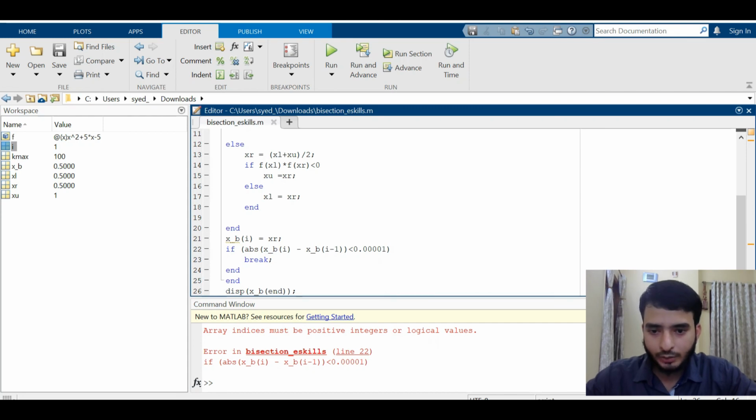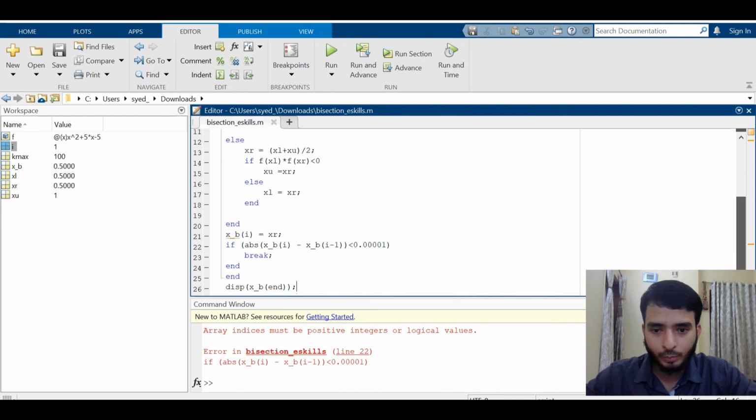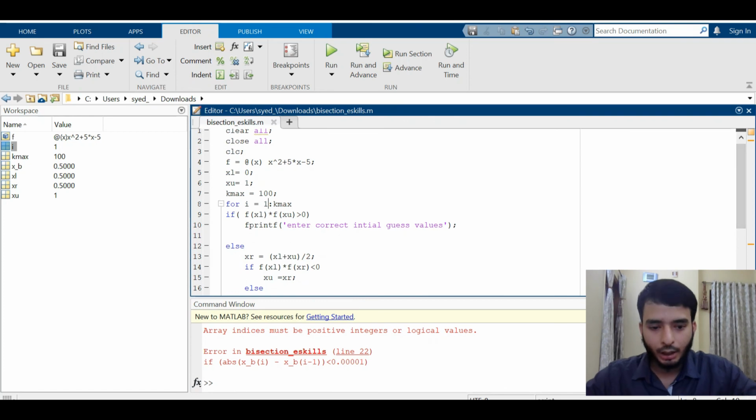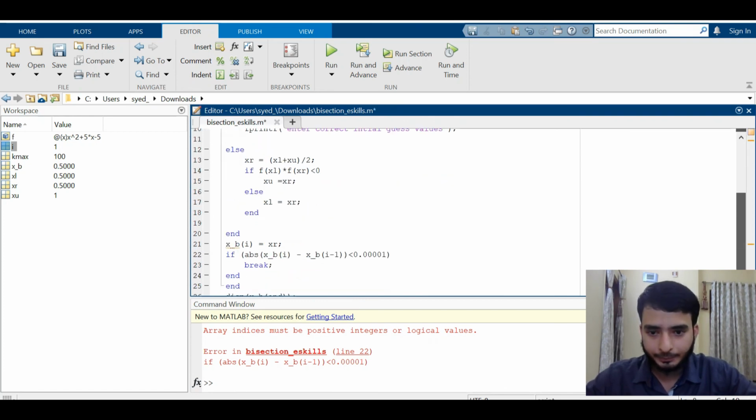It's showing this because we have the value of I as 1, right? In the first iteration of the for loop, I'll be having the value of I as 1. If I take I minus 1, then what it is going to take is x underscore b of 0, which makes no sense in MATLAB, right? So what I'm going to do is simply start I from 2. Okay, so if I run the program,